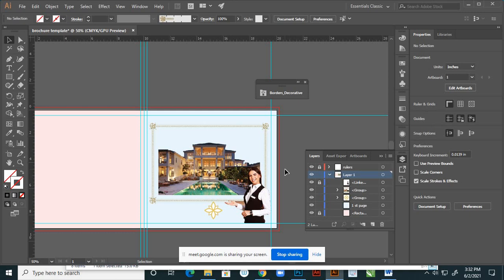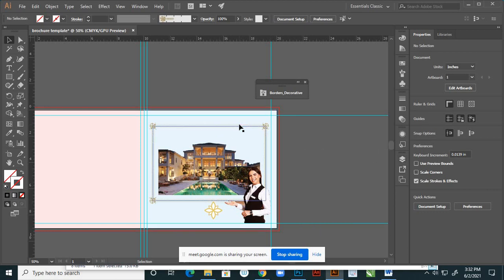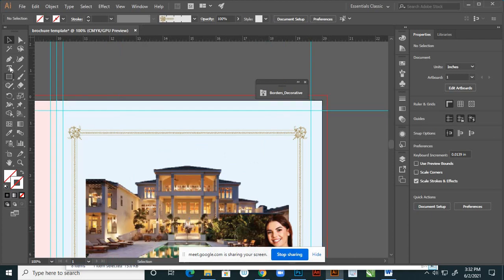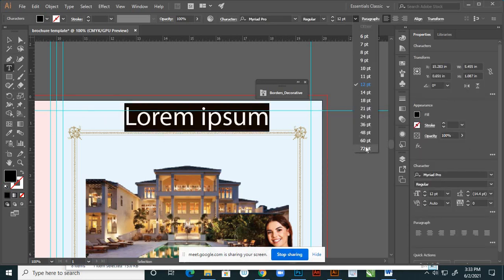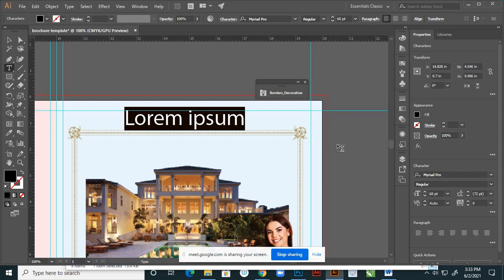okay, then give some caption here. So the caption is, suppose, Hotels to Celebrate Life. So the text has to be typed here. Hotels.